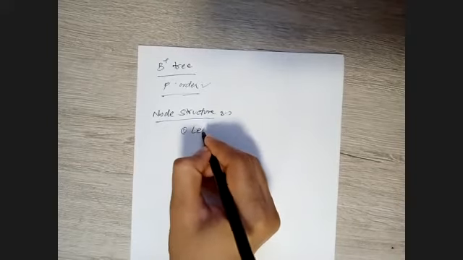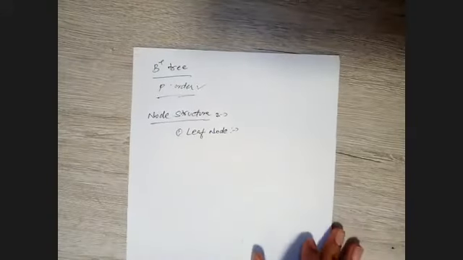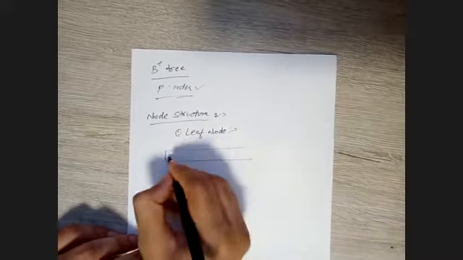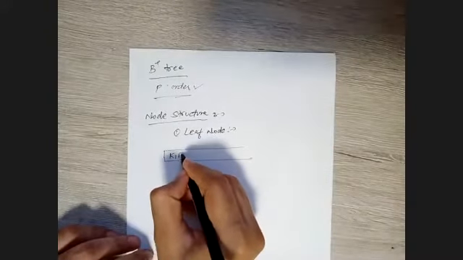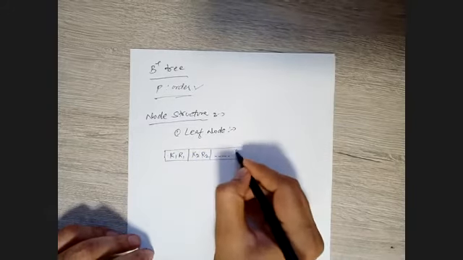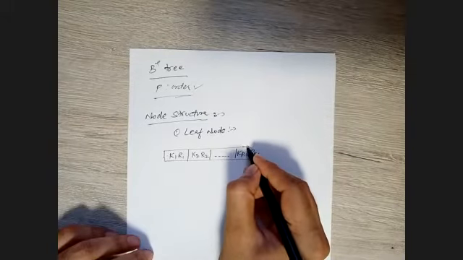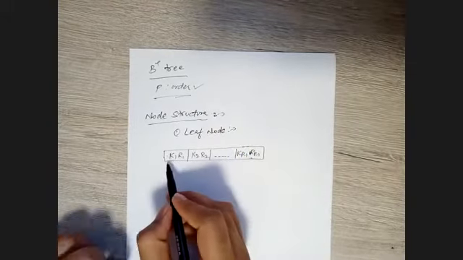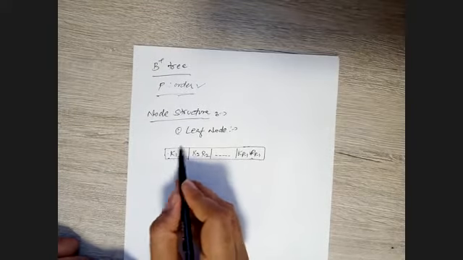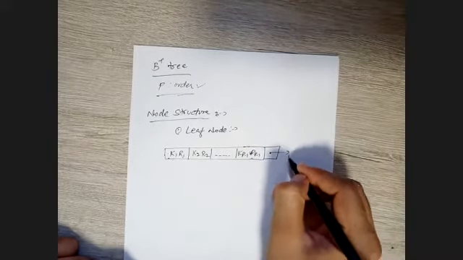First, let's see the leaf node. See, there is a difference, right? The leaf node of your B plus tree looks something like this. You have key and record like this, k p minus 1, r p minus 1. You have the combination of key and record, key value, right? So the key record combination is there in the block, and after this you have a single block pointer.